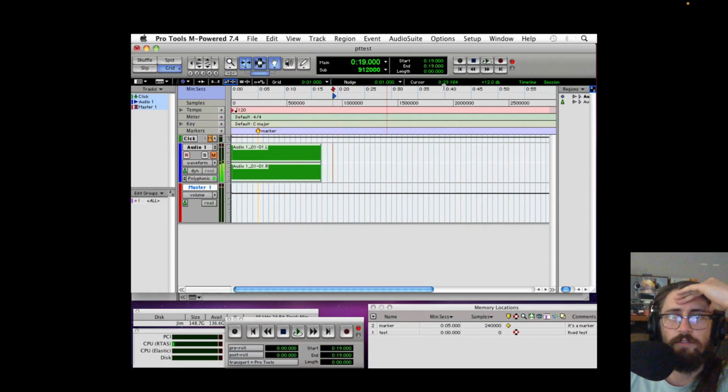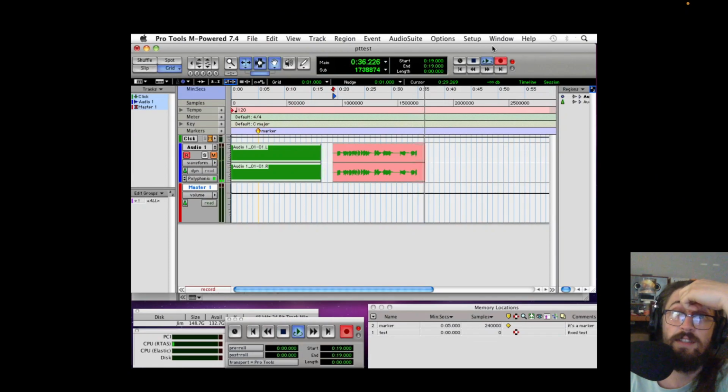So here's the editor view of Pro Tools. Why don't I go ahead and record a little bit just for fun? Record arm, ready to roll. And now, Pro Tools 7.4 from around 2008 is recording some audio that I'm sending to it. This is so surreal that this is doing stuff. I don't even know what to say.